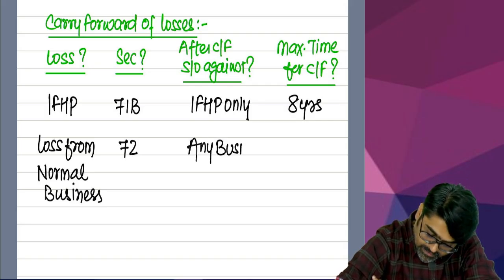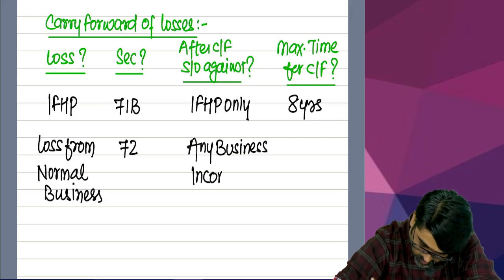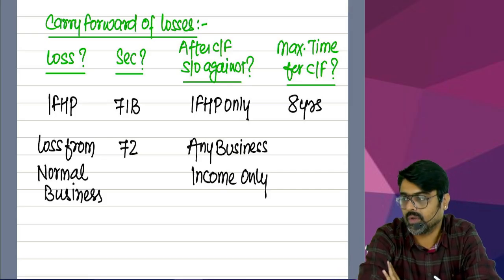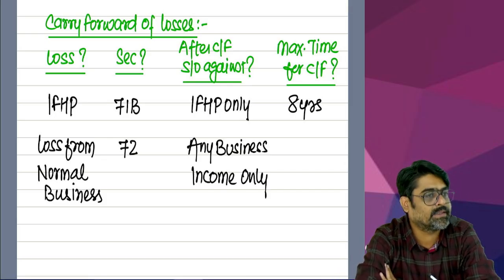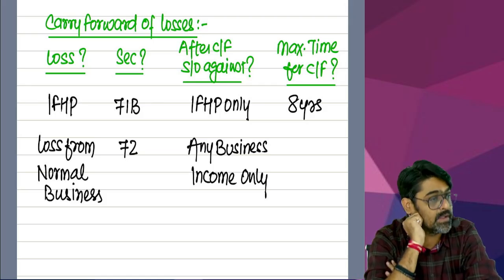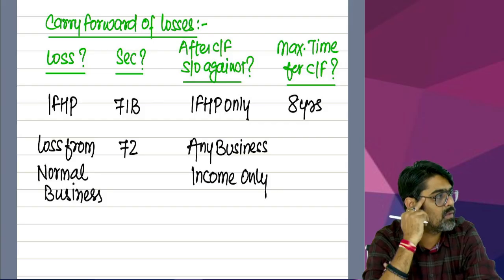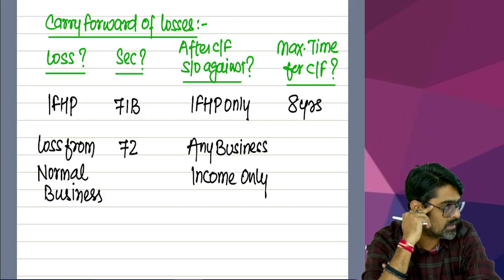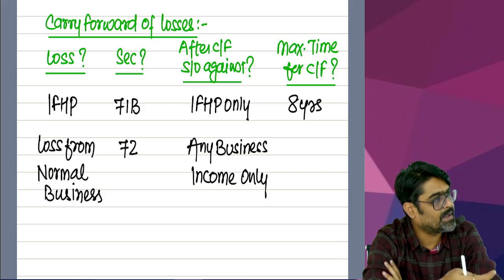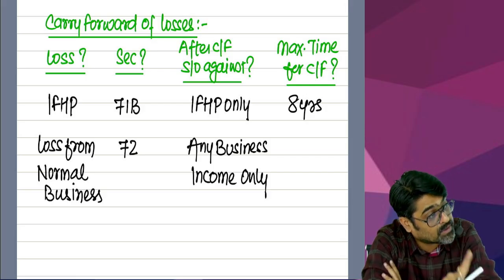any business income only. Any business income only. So do you have any business income in the next year? Yes. From that business income only, the loss will be set off. Sir, in the next year, if I don't have business income, then can you set off the loss against any other income? No. After the business loss is carried forward, its set off is possible